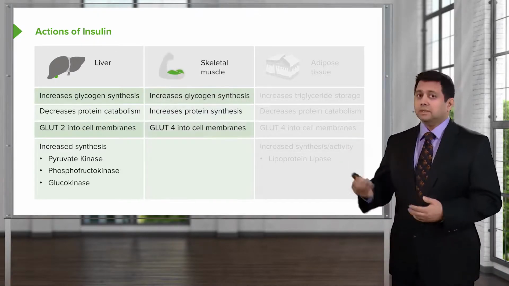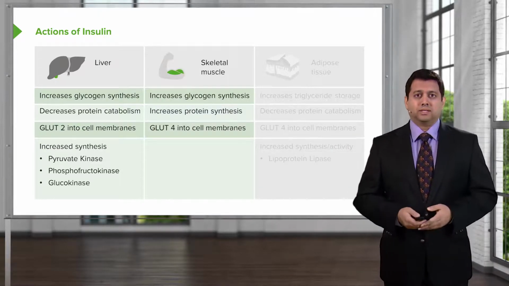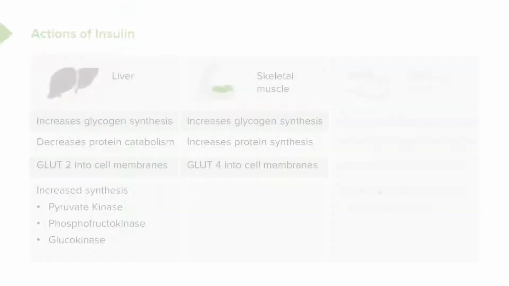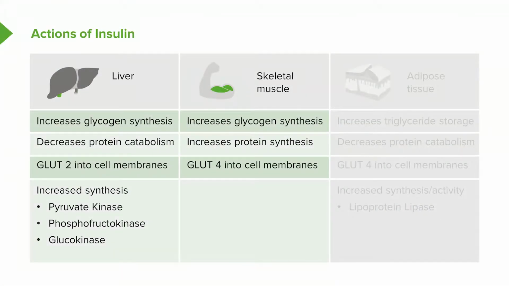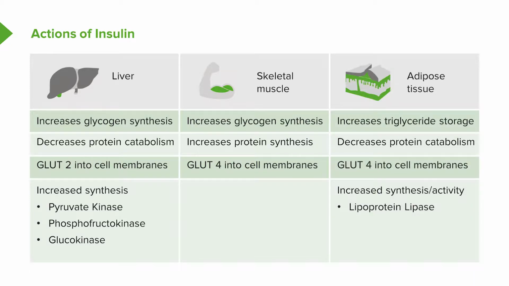In the skeletal muscle, insulin increases glycogen synthesis and protein synthesis, and it uses the porter GLUT4 into the cell membranes. And in the adipose tissue, it increases triglyceride storage and decreases protein catabolism. It uses the porter GLUT4 and moves sugar into cell membranes. There is increased synthesis and activity in adipose tissue under the influence of insulin, and we use a hormone called